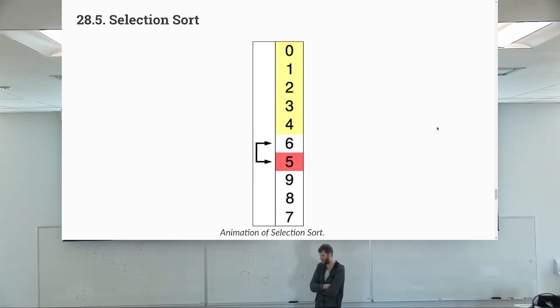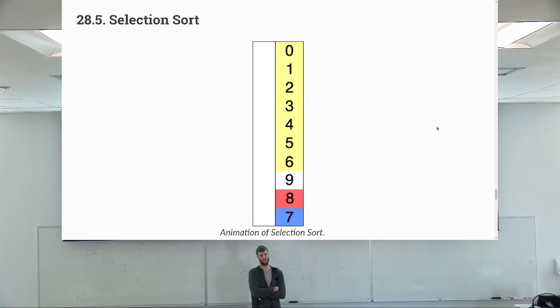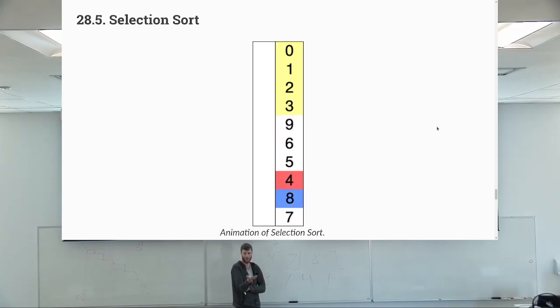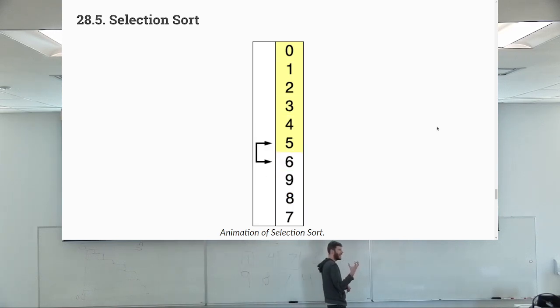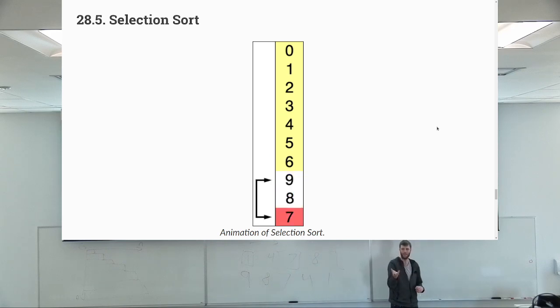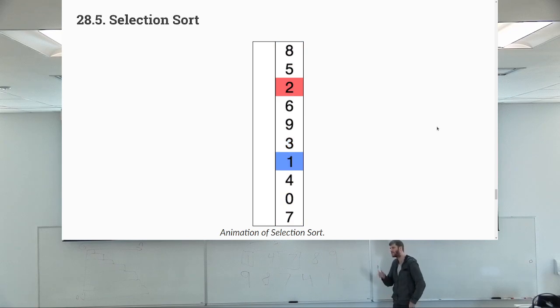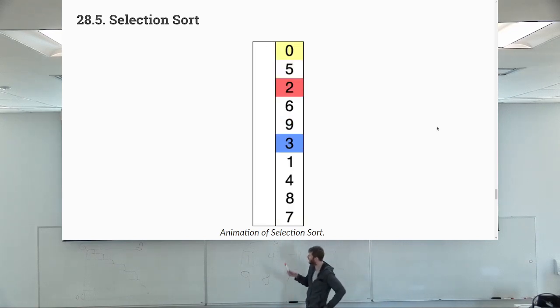And how many times am I going to have to scan that linear collection? Well, once for each of the n elements, right? So I have to do linear work n times: n squared. Great. But what's the best and worst case scenario? Because remember, with bubble sort and insertion sort, the state of the data had an impact on the running time. But what's interesting about selection sort,